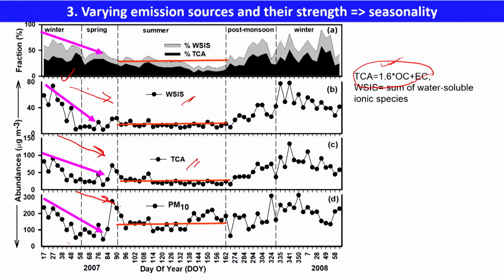So, you see the period. What is the period? The first sample that is collected is on the 17th. This means this is January. So, January samples are collected. So, as you move from January to February, the emission sources are getting lower. You see here TCA is getting lower, as well as the rest. Emission sources are reduced, and not only that, the boundary layer height also starts increasing in this period, because of the temperature, that is how the boundary layer will evolve.